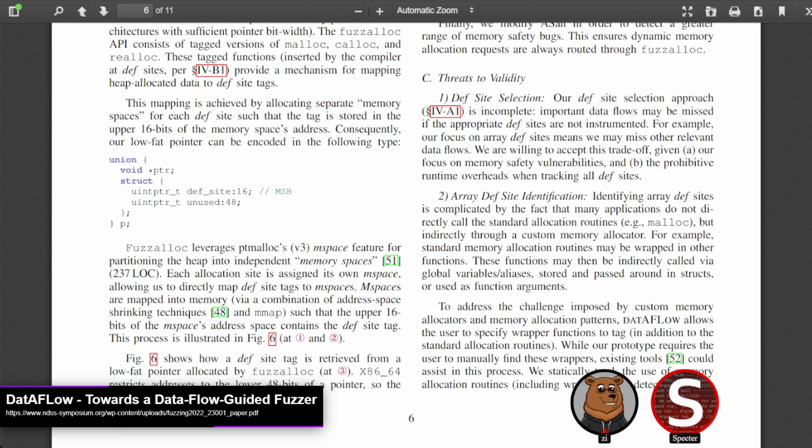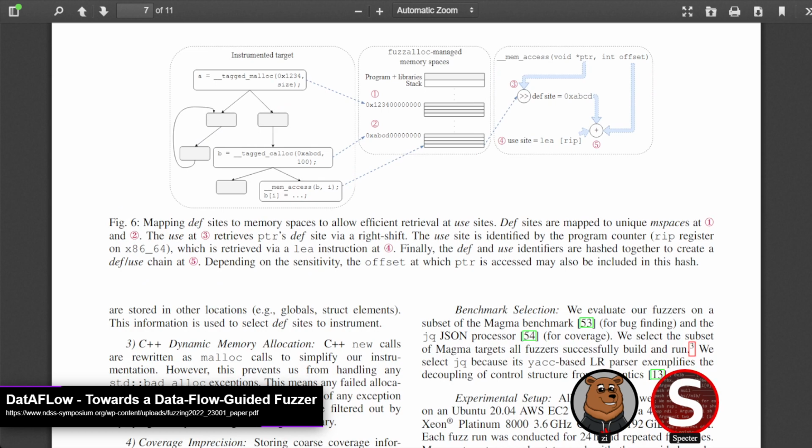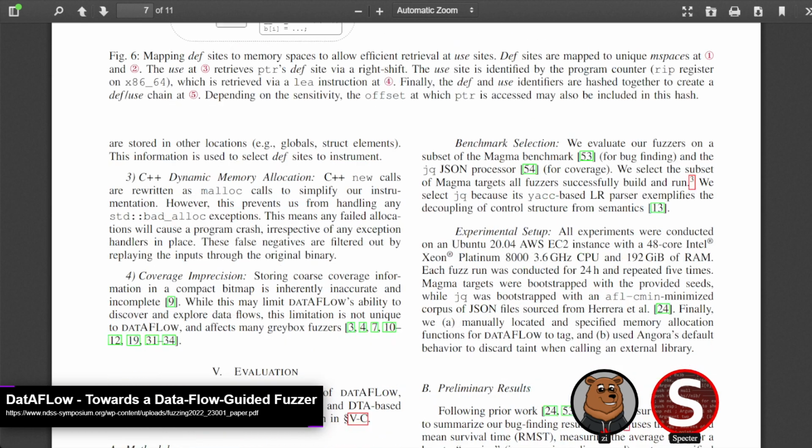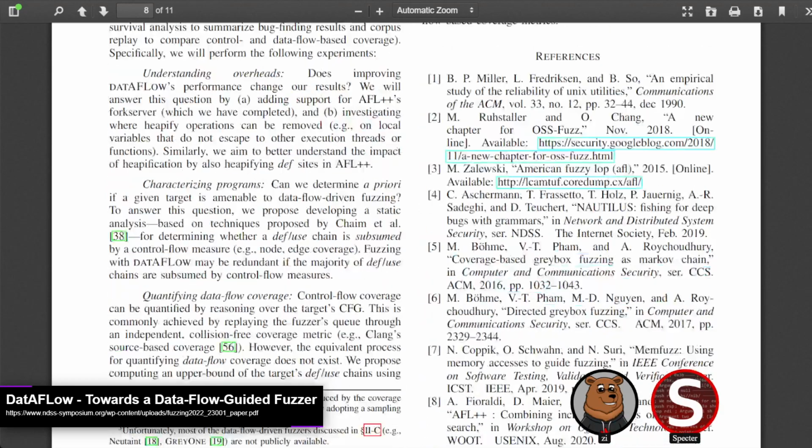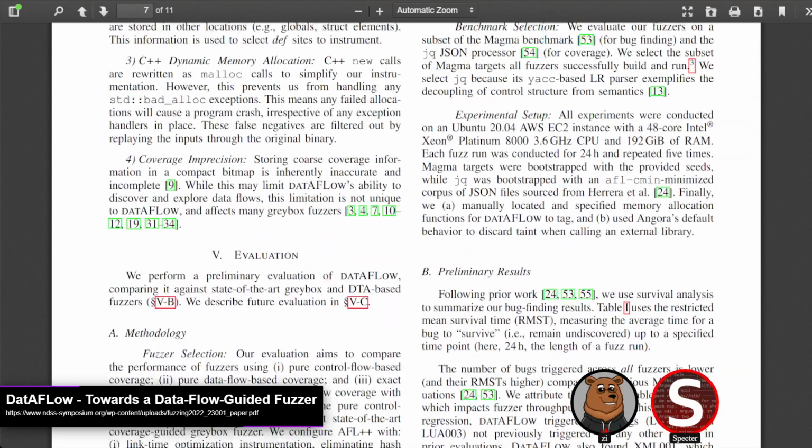Nonetheless, I think the research on this data flow side of things is interesting. And they do say they're going to continue looking into it, see if it can be made more viable than coverage guidance in certain scenarios. So I think it could lead to some nice innovation, and there's much hope for innovation in fuzzing